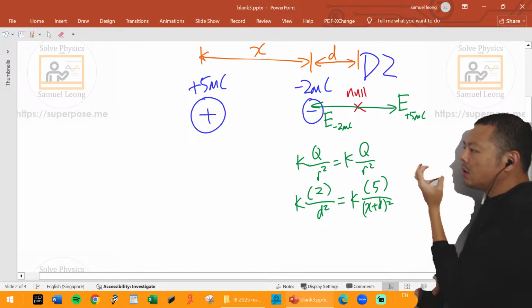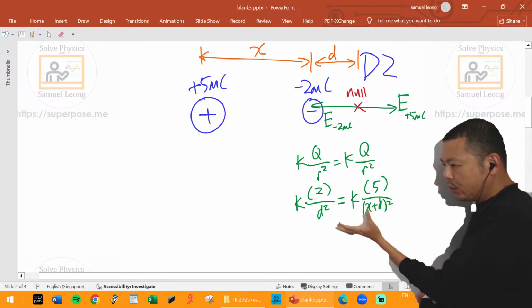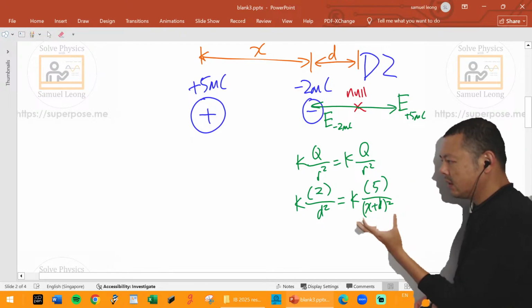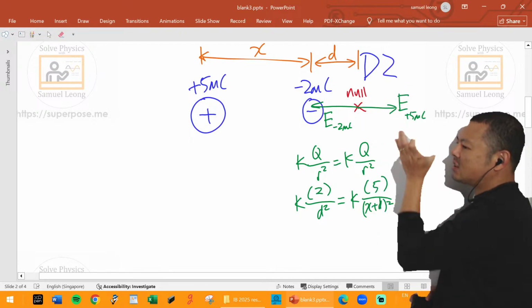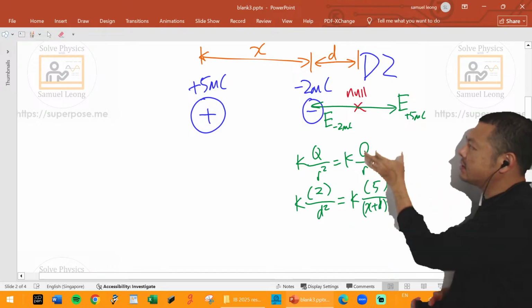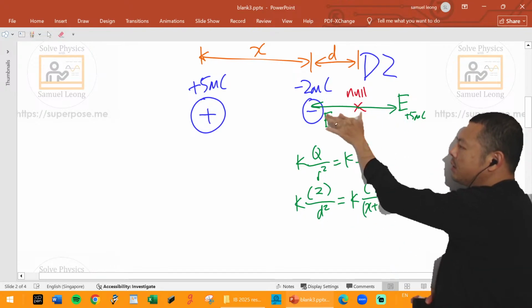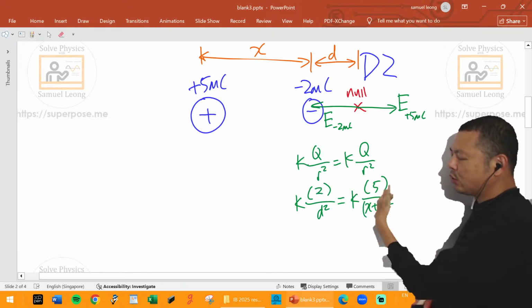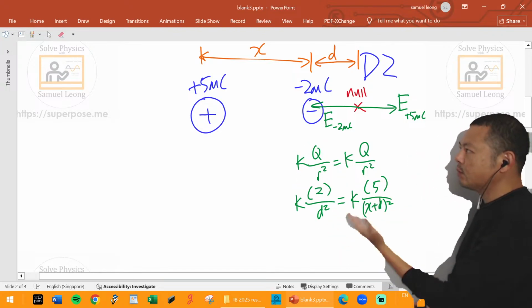So how is it that you can leave out the negative sign? For a lot of the equations that I do, I like to think of it as the magnitude, the magnitude of the strength, how strong the field is. The strength is equal. So I just write down that the magnitude of this is equal to the magnitude of that, then I don't have to go and deal with the negative sign. I don't have to bother with it.